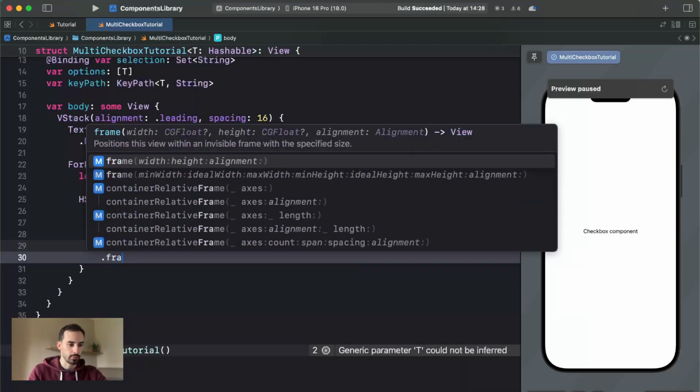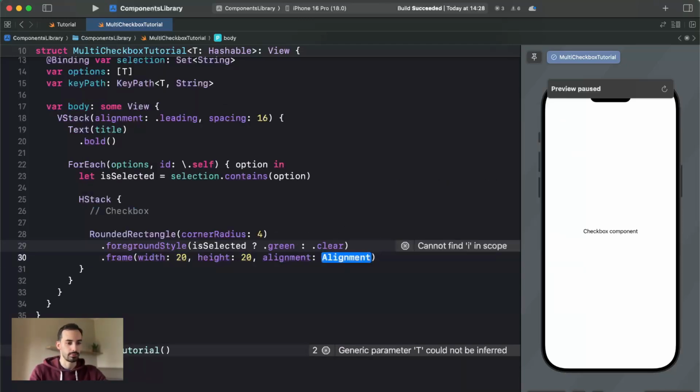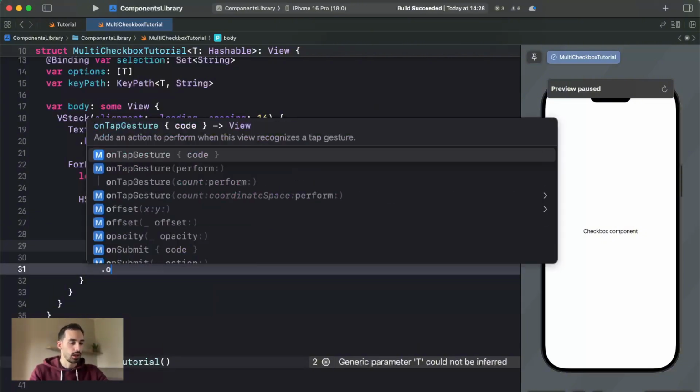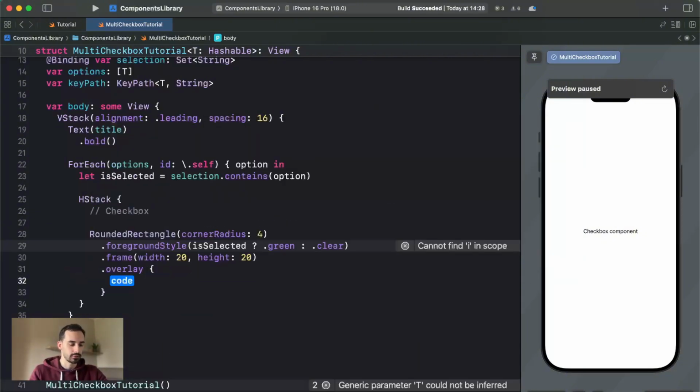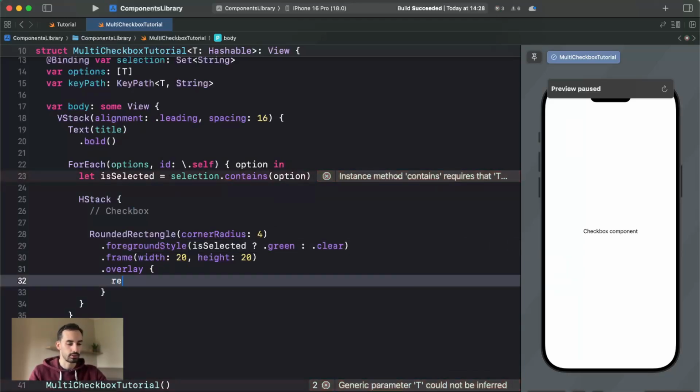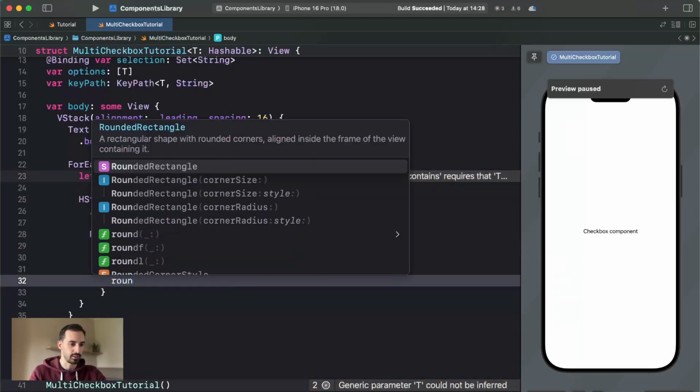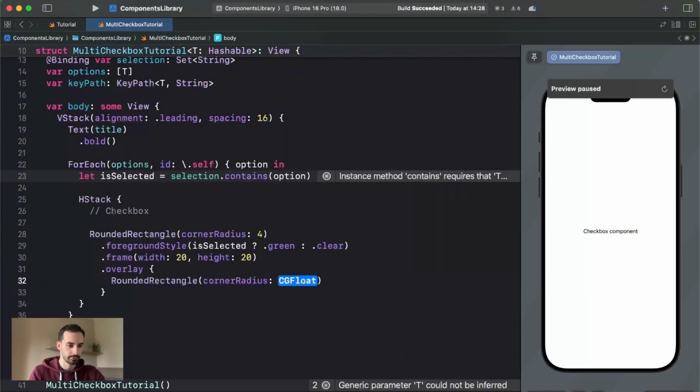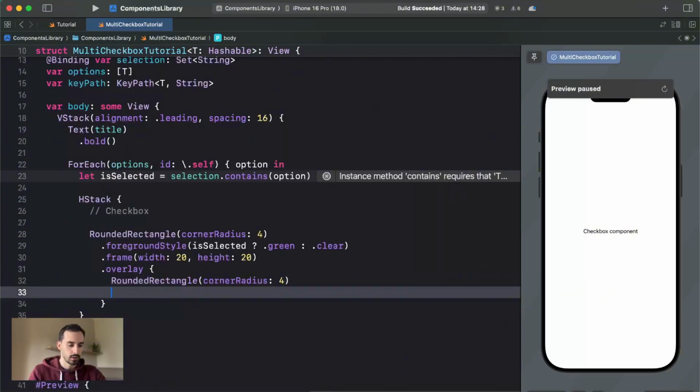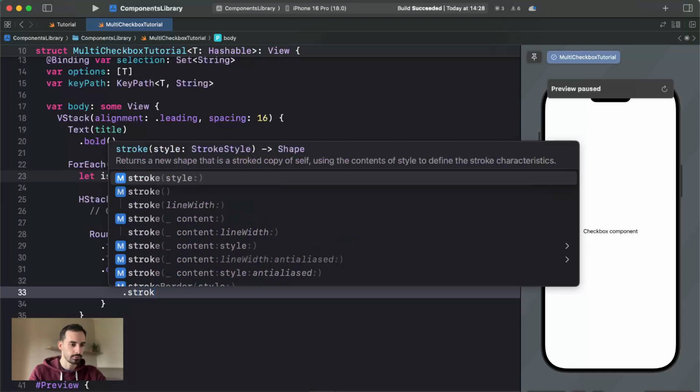We give it a frame of 20 by 20, and we create an overlay of a rounded rectangle, the same as the box, and we give it a stroke